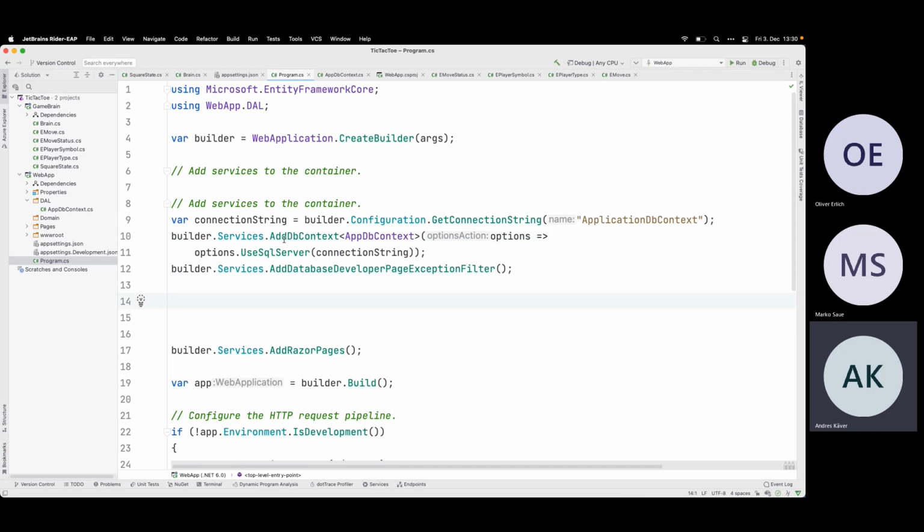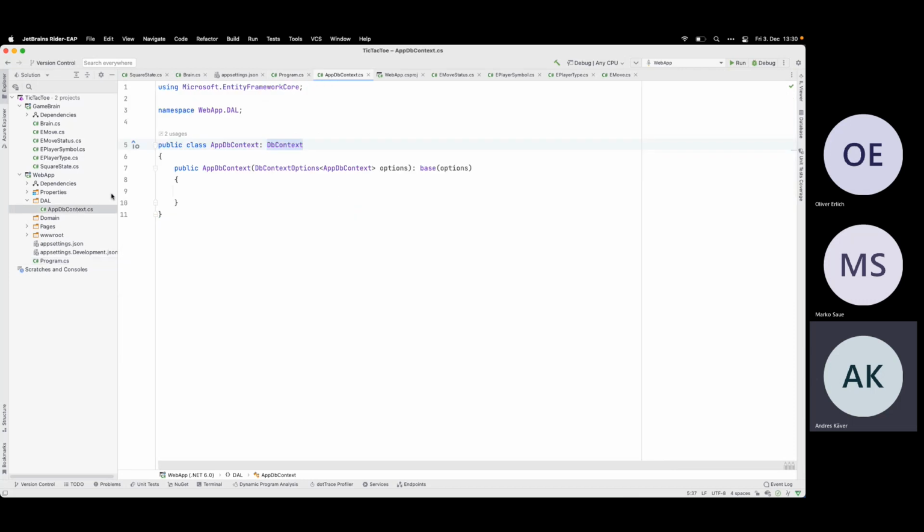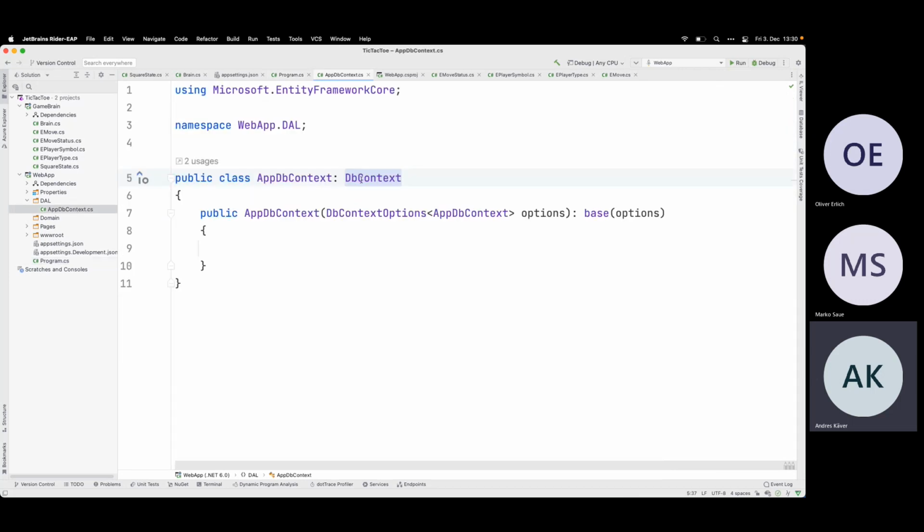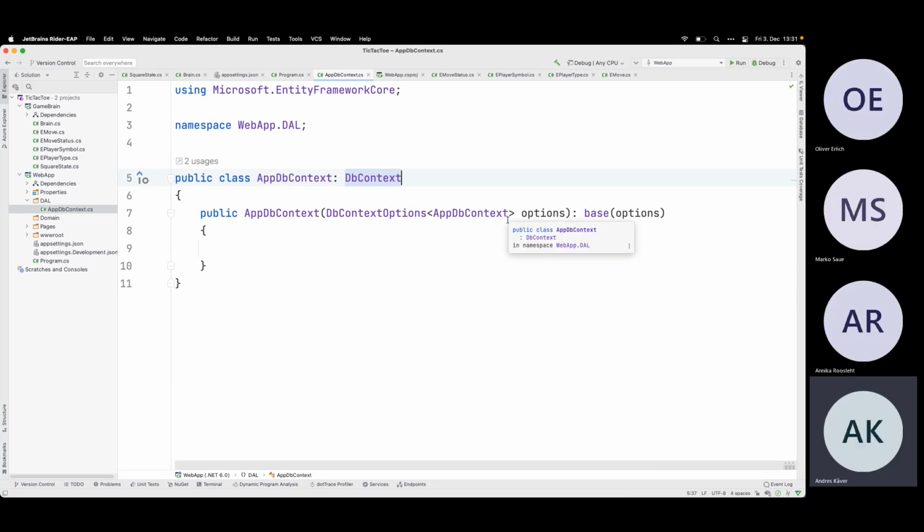That one we copied out of the scaffolded solution. And then the DB context itself. It's just a class that has to derive from the DB context, and for the scaffolding and the web application to work, it has this dependency injection based options thing where we get what kind of database engine to use, and the connection string is already configured here.